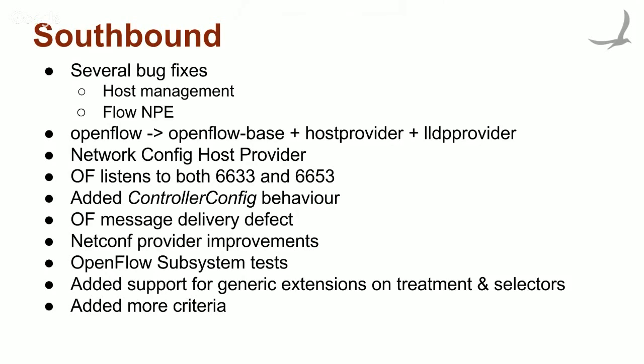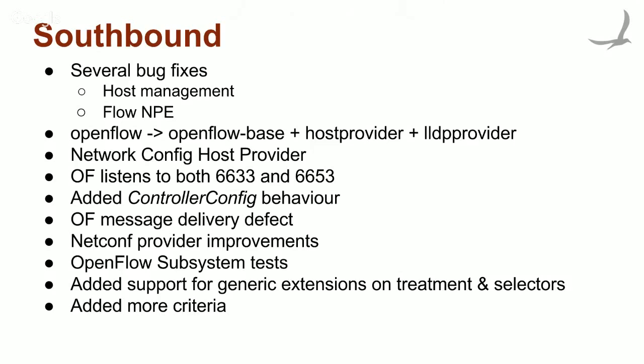So for the southbound, we've had a few relatively big bug fixes. One with host management and a null pointer that was thrown during flow processing. We've split up the OpenFlow feature into multiple features, so you can swap out providers more easily. Previously, all the providers were bundled under the same feature, even though some of them were not really OpenFlow providers. So we split them out so that we can swap out host providers and LLDP providers, and this will be more useful